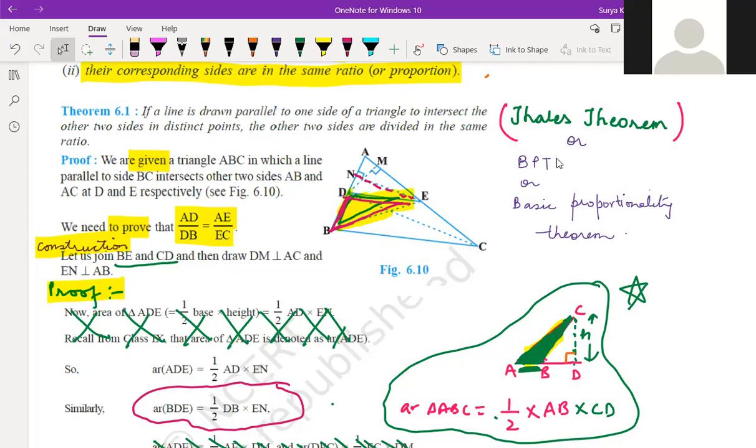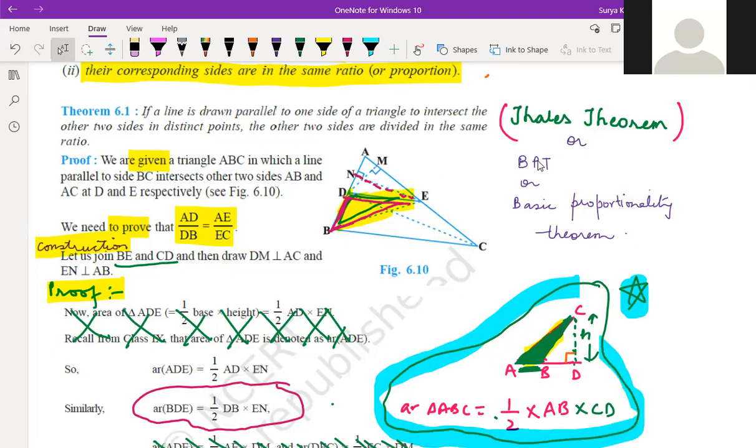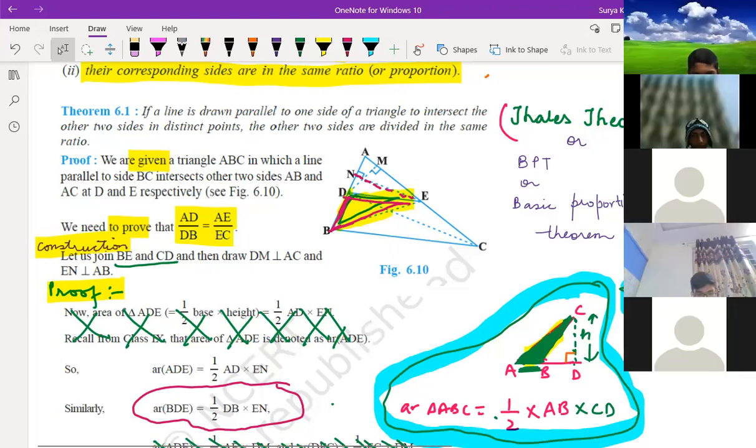Rashul, you tell me the star one. What is the concept I told you right now? Where, sir? This star mark I told, no? See on the blue color, this figure with the star mark. Why did I explain this figure right now? Sir, I forgot. Anyone can tell me why I explained this figure? Sir, it's the area of ABC.